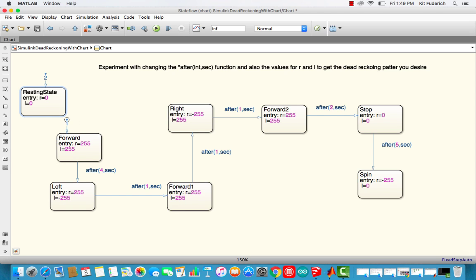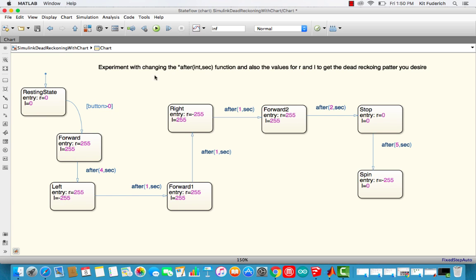What I'm going to do now is take the previous entry point and link it to the resting state. I want the transition between resting state and forward to happen when any button is pressed. So I'm going to select the arrow, and if you remember when we experimented with buttons, each button outputs its own value, meaning if I press button 1, what MATLAB records is the value 1, button 2 causes the numerical value 2. So I'm going to say any situation, representing it by these square brackets, any situation where button is bigger than 0,